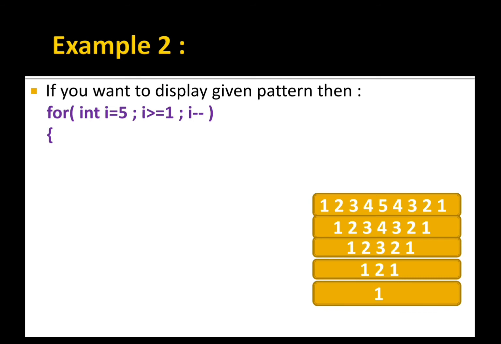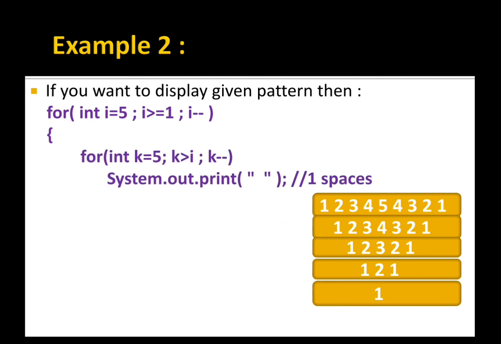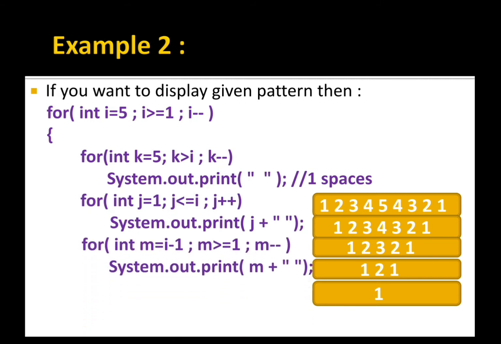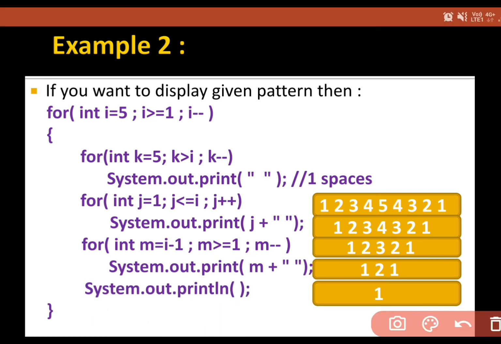See, the first for loop is going to count rows, and then we have the next loop for spaces, and then the next loop for numbers, and then the next loop for the next part, and then we have to change our line. Same thing I told you previously, the counting, always try to drag it in. First of all, see, it provides you 0, then it provides you 1, then 2, then 3, then 4. I told you the counting of spaces I want in this manner only. That's why I had written this. You can put any of the values, but the counting always comes in this way only.